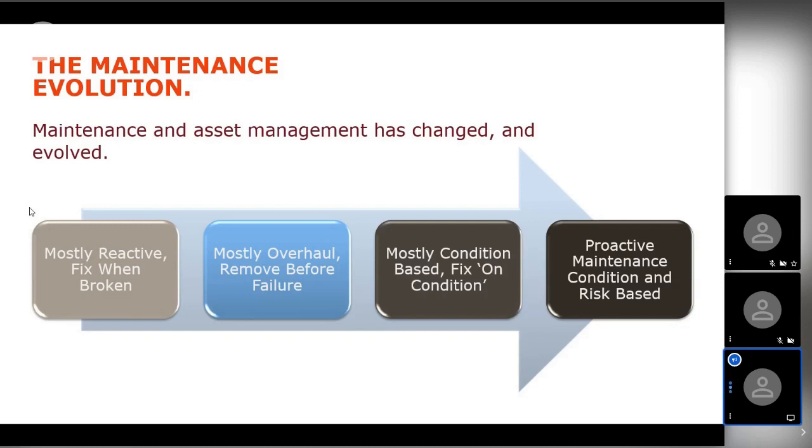That was all right until about the 60s, and then pressures changed even more. The introduction of things like quality management, safety becoming more important, environmental importance has increased in the years. So rather than trying to prevent something happening, let's monitor the condition and fix it based on condition to manage that risk a bit better. As time evolved, so did our thinking. What can we do that's even better than monitoring condition?